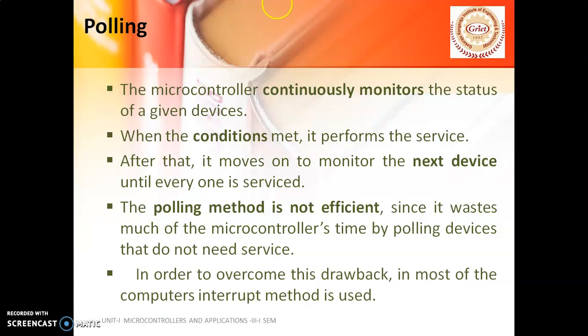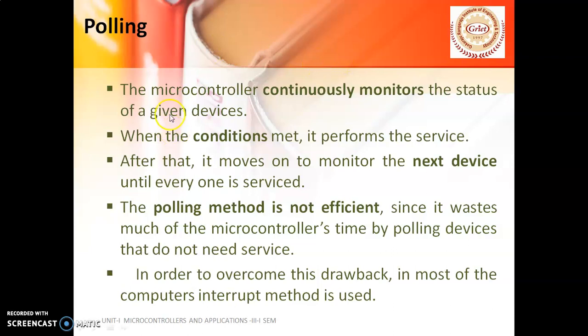Let us take an example now. If device 4 needs microcontroller services, the microcontroller has to provide the services. Once it completes device 4, it goes to device 5. After completing device 5, it goes to device 6. Likewise, it checks n number of devices. Now assume it is asking device 10 whether it needs its services. At that time, if device 2 needs the microcontroller services, the microcontroller doesn't jump to device 2. Only after it completes the last, nth device does it move back to the first device, and only then can it provide the services to device 2. This is what the polling method is.